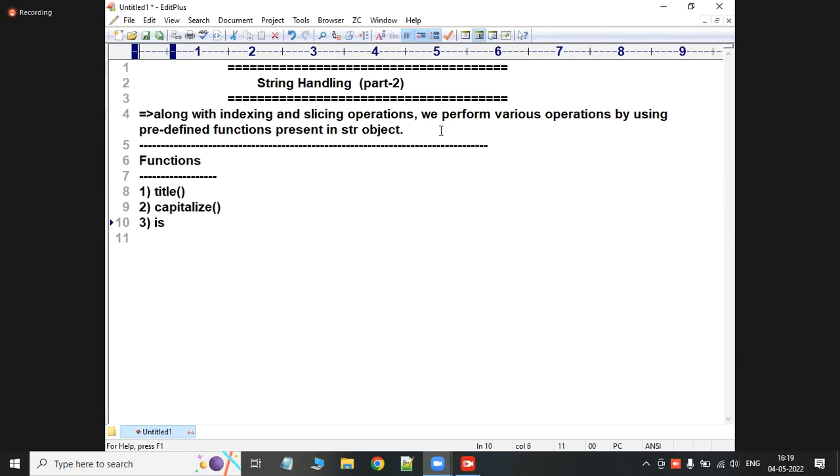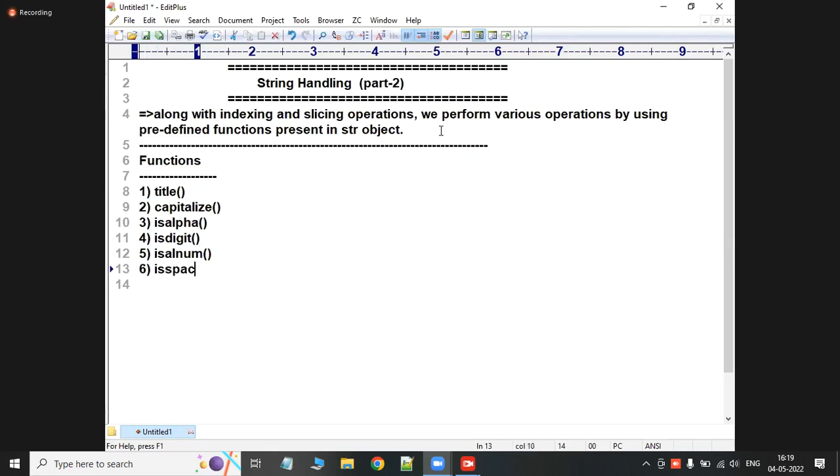The fourth function is isdigit. The fifth function is isalnum, is alphanumeric. The sixth function is available,